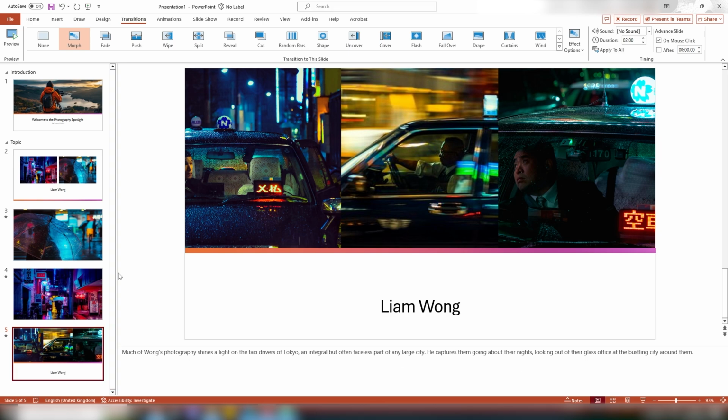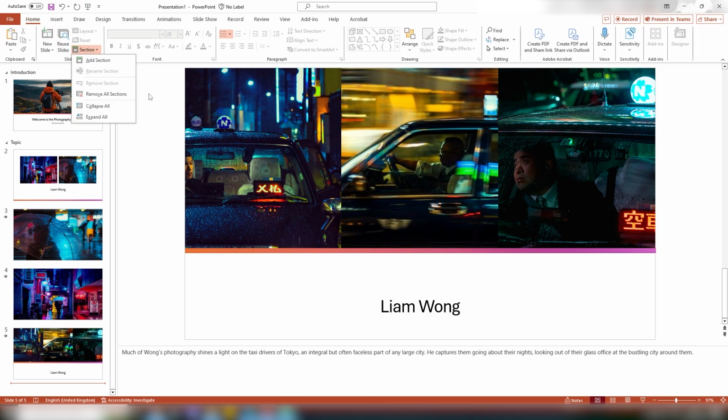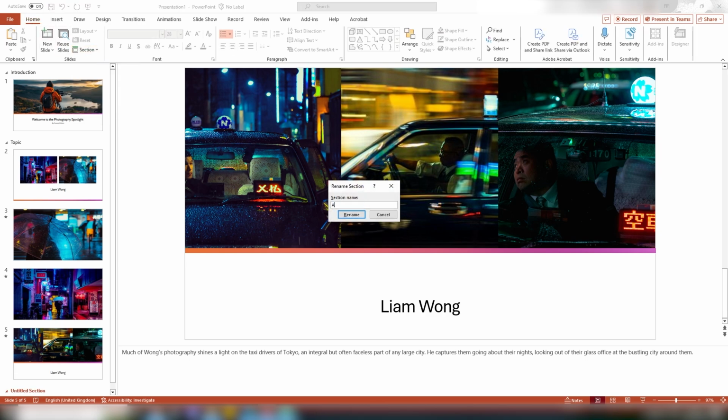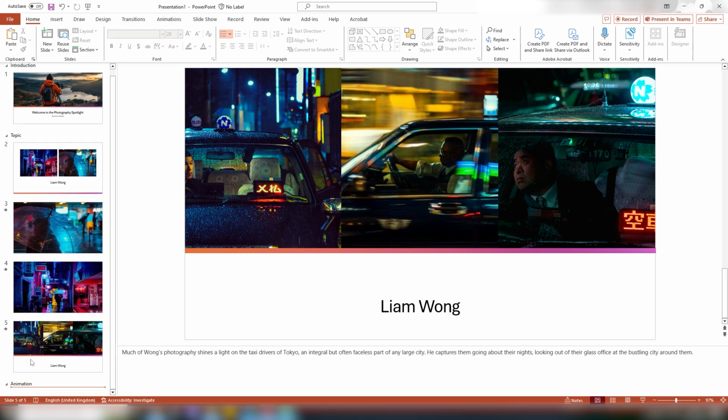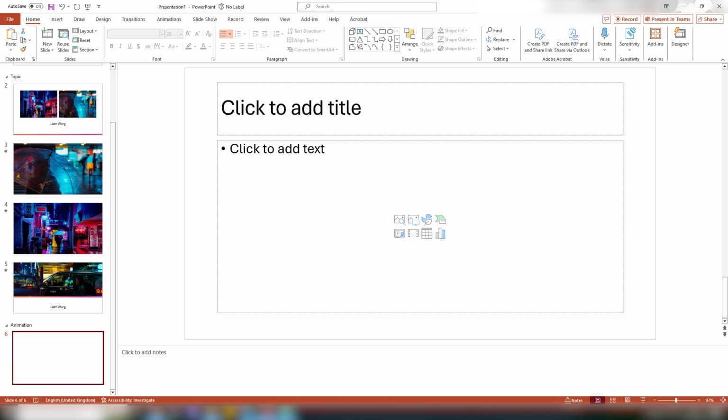Let's move away from the photography. So I'm going to press here, press home, create a new section. Add section. I'm going to call this animation. So let's think about how we can get creative. Now, to be honest, I think what I've done is very slick. However, you might be looking for something a little bit more. So what we'll do here is